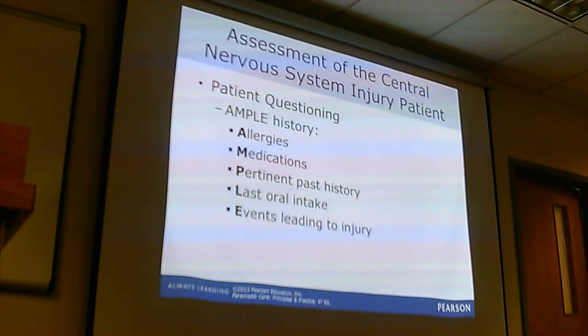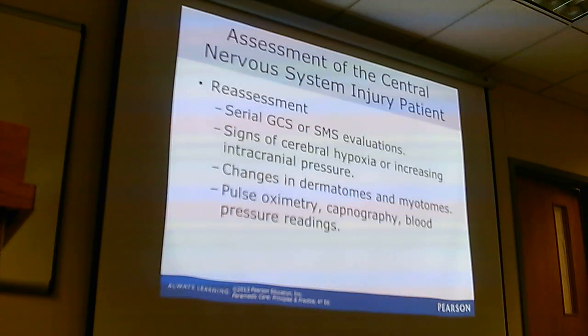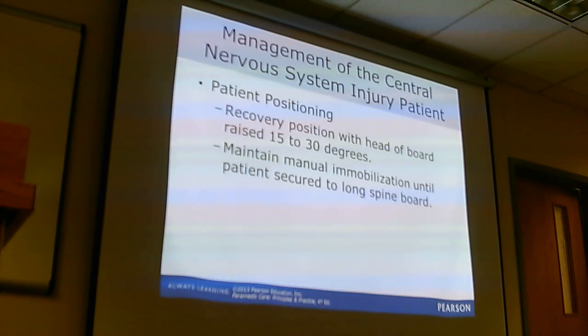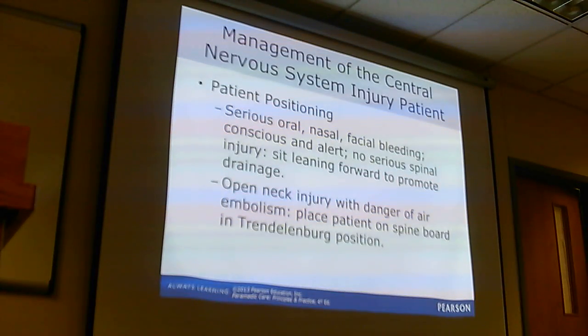As with any questions, again, we're going to talk about SAMPLE, reassessing your patient. Anytime you have any serious nerve injuries, you want to be constantly reassessing, reevaluating every 5 minutes. With vitals, you're going to be looking a lot before there, but you're going to keep checking their sensation, motor function to see if this is a transient event or if this is a permanent type function. I don't think I need to talk to you guys about spinal,